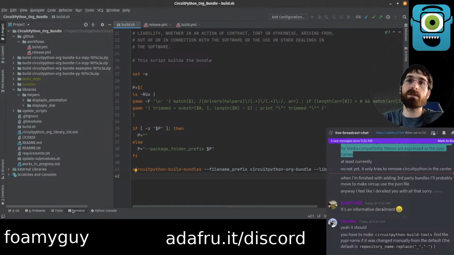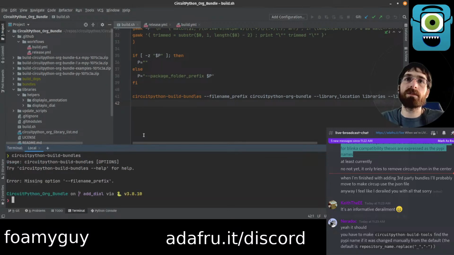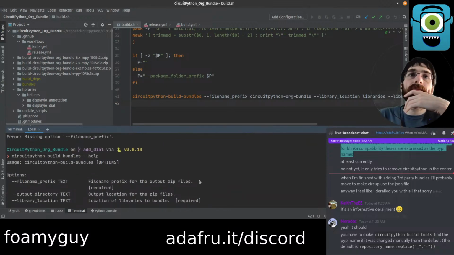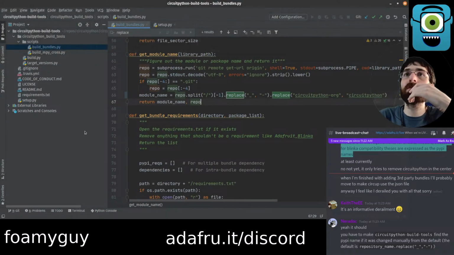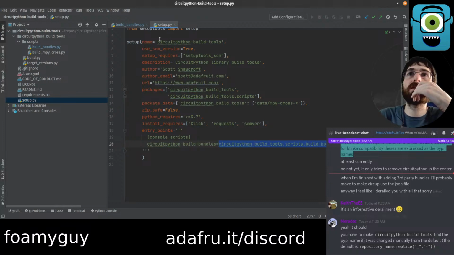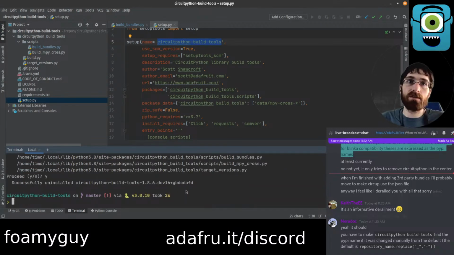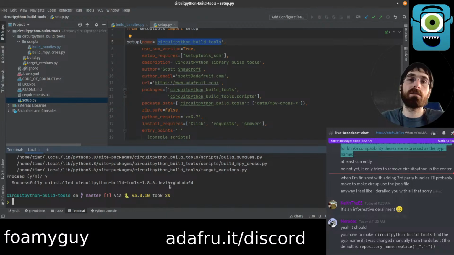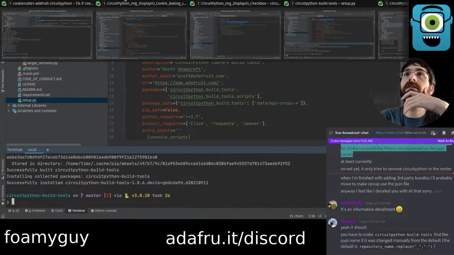Okay, Python build bundles. So how does this know? Does this just work? It does. How did, is that installed with pip or something? How did I get that? Yeah, it must be. Okay, so can I remove it? Yes. And then, well, then install this one. Dot. And then back in here,